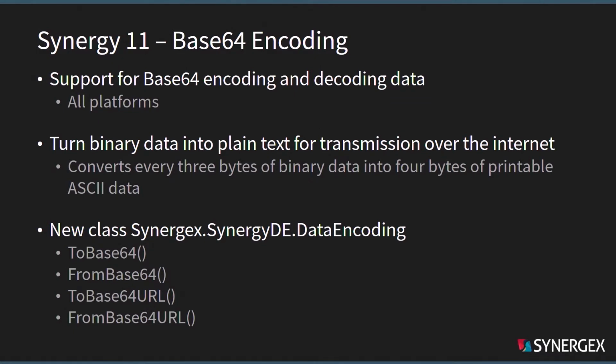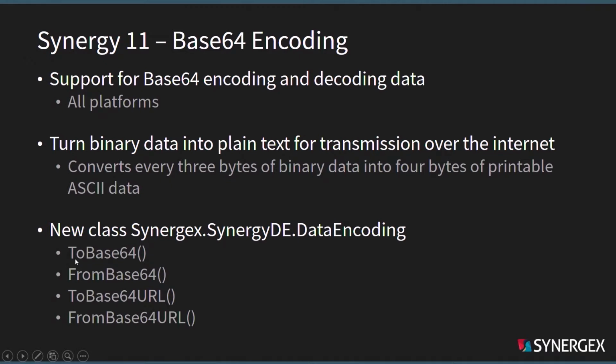It's essentially a way of encoding a piece of binary data so it doesn't contain binary data, and it's represented as simple alphanumeric data so that you can transfer it over the wire without breaking network protocols and things like that. So base 64 encoding is a very common way of passing data up and down across web services and things like that. Basically there is a new class in Synergy called SynergyX Synergy DE data encoding, and